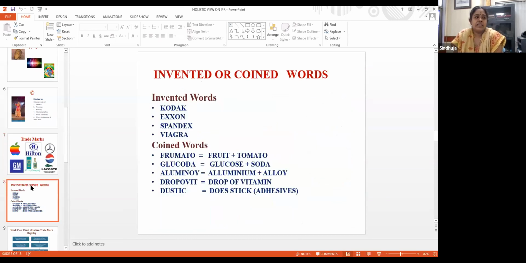And then the next slide says invented or coined word. What is this invented? Again, what is the connection between invention and trademark? Whenever you name a thing, a product or service or anything, the best way that you can claim a trademark is by inventing or coining a word, whether it has meaning or, better, that it doesn't have any meaning. That is the best thing. So the very first characteristic of a trademark should be that it is a coined word, that you put some random words. It doesn't mean that you have to put words that you cannot spell, like starting with Y, X, Z, something you cannot even spell.